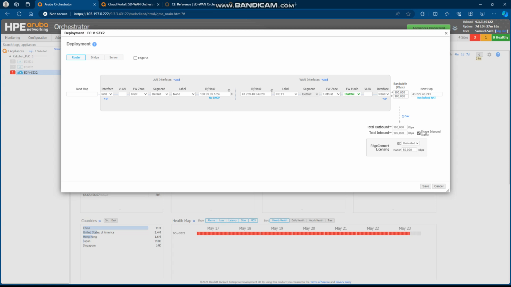And once you configure the IP addresses, it's very important that you label them. Now, these are all the labels that come with the orchestrator: MPLS 1, MPLS 2, LTE, INET 1 as in Internet 1, Internet 2. You can define your own labels as well. You can call them A, B, C, D, E, F, whatever. Okay, and then you